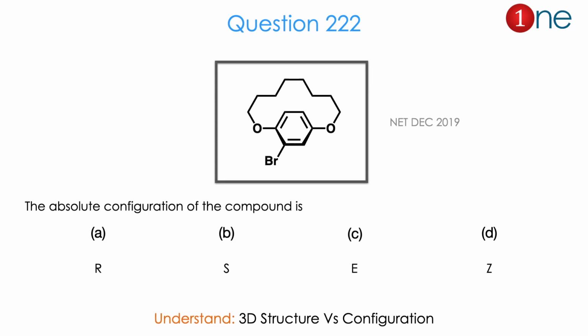Then let us look at the next question. The starting material is a Haworth compound. The para dioxy group is there, and a long polymer chain of alkane is there. Then you have bromine in the ortho position. They ask you to find the absolute configuration. How do you assign the absolute configuration in this kind of compound? Whether you assign as R or S, or assign as E or Z. From the question and possible configurations, you might realize the question is really about your imagination versus absolute configuration. The answer is A. Let us see how.